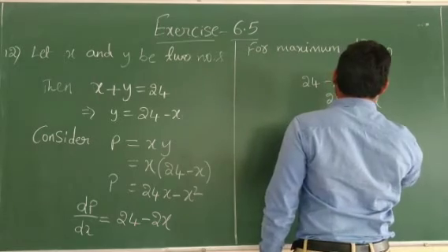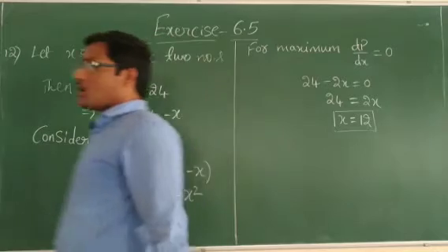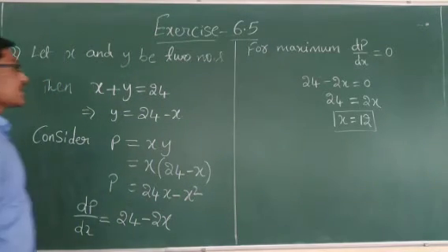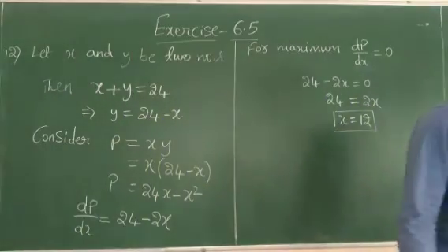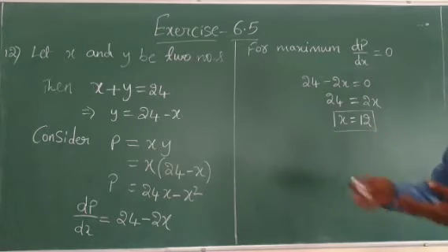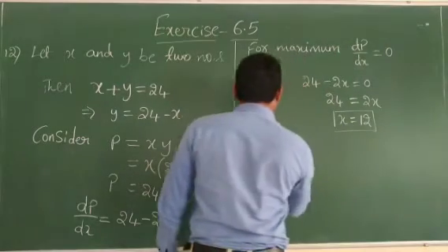So x is equal to 12. The product of two numbers should be maximum. For that we are getting the value of x is equal to 12. But we should verify at this point whether it will give the maximum value or not. So to verify that we take